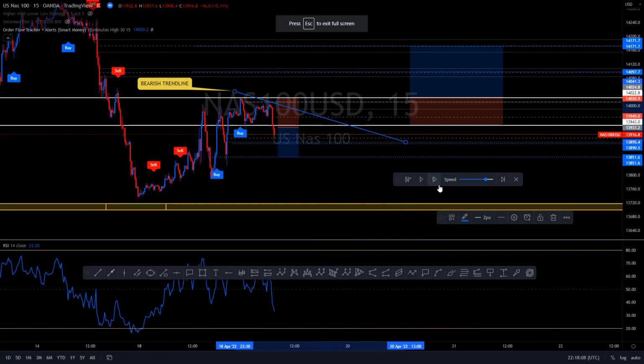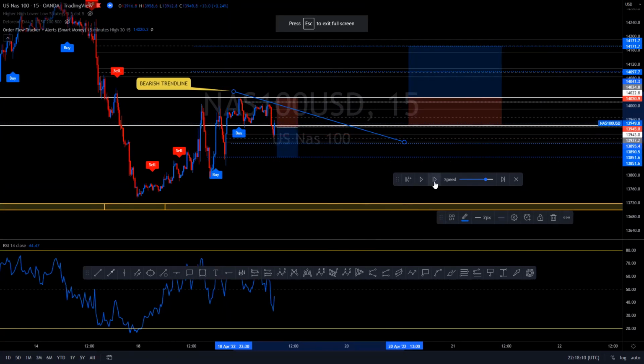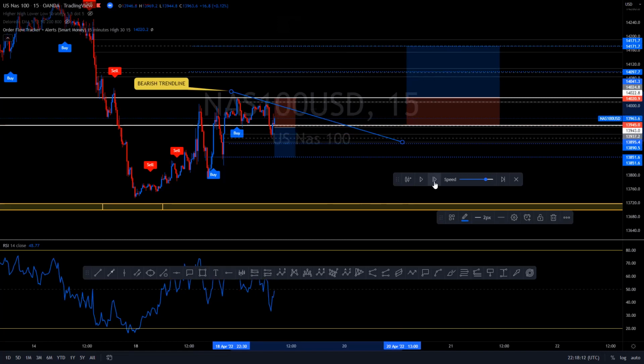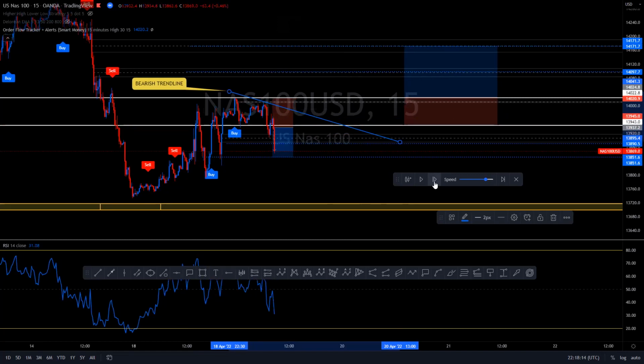All right, so everybody's bringing it back up in a pullback, yep, and then it drops. So price came all the way down to this point. Now,